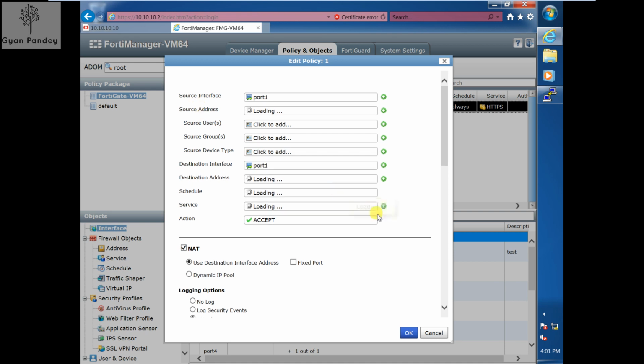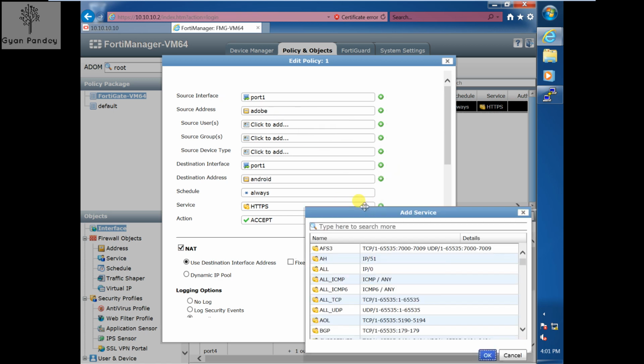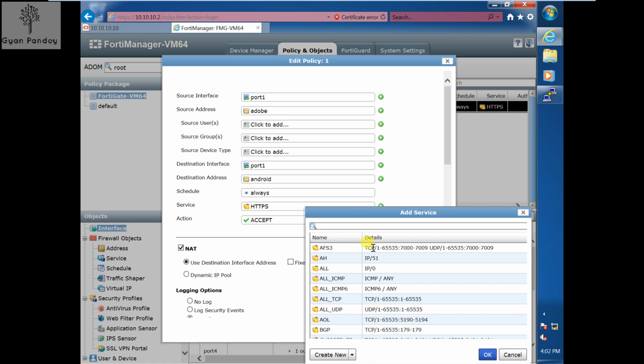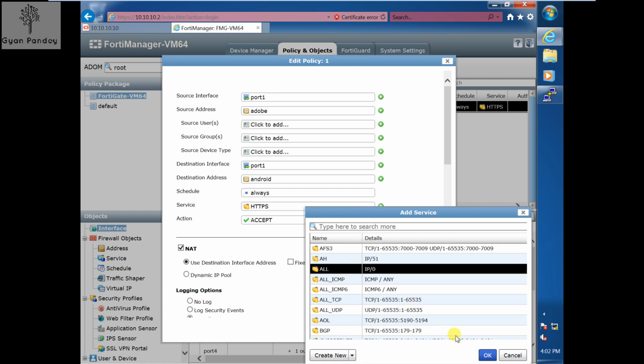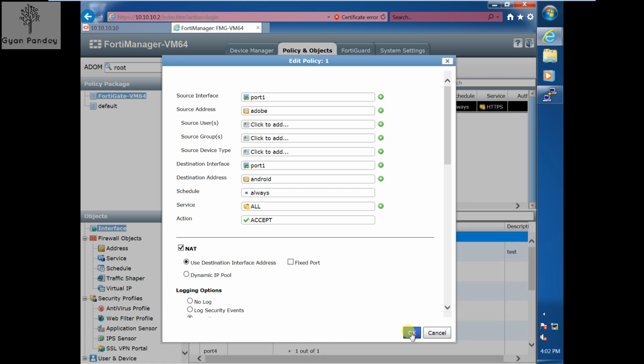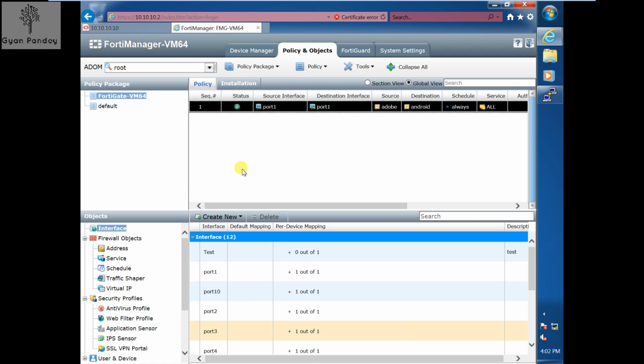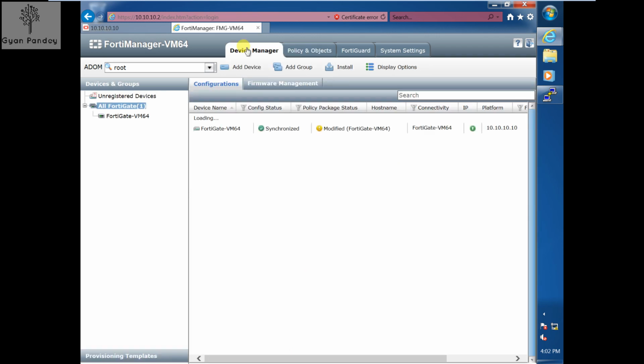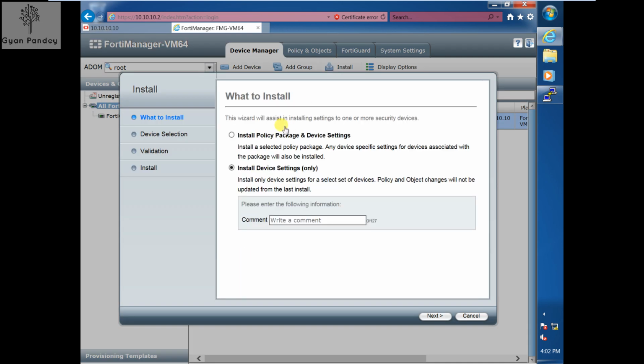Say for example, someone has edited policy number 1. Instead of HTTPS, they have added all, and pressed OK, and then they have given it to you, saying there are settings which you need to push. You come at night time, you push install,